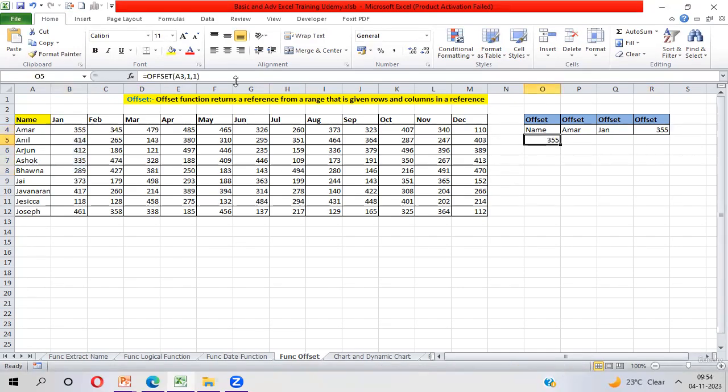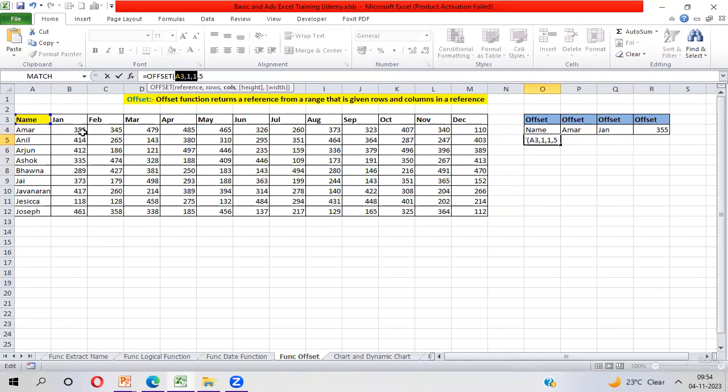I'm just taking the reference of height, and I want a height of 5. If the cell reference of these three parameters is B4, then from B4 you count 1, 2, 3, 4, 5.